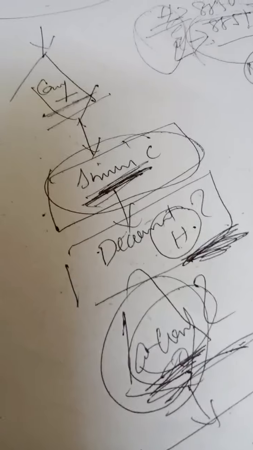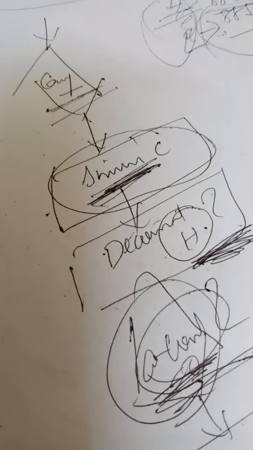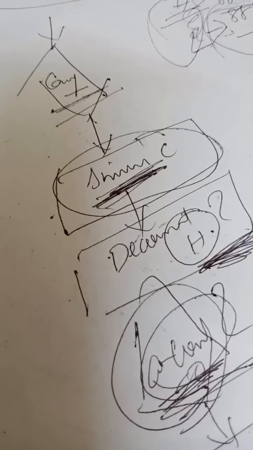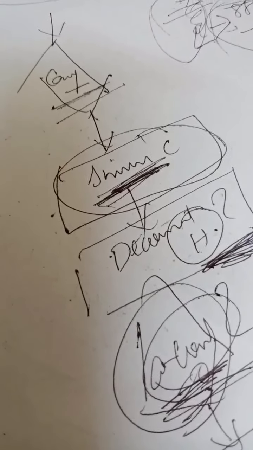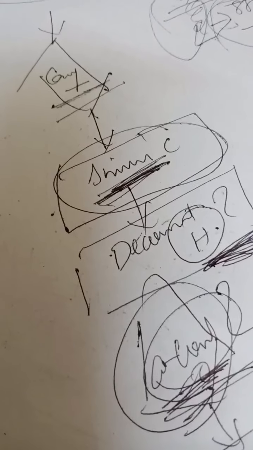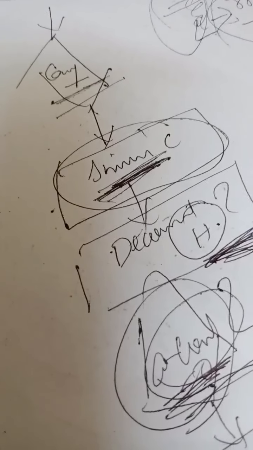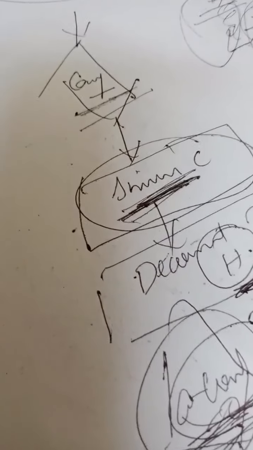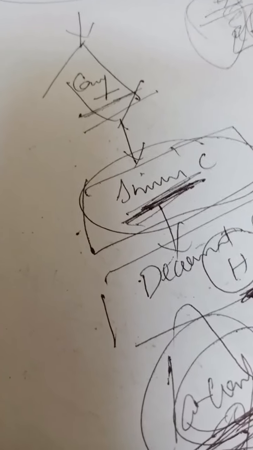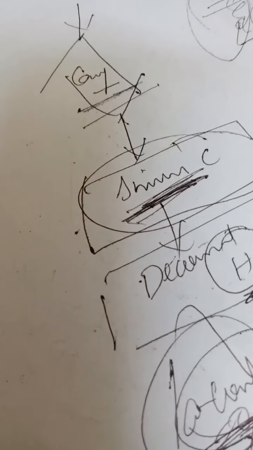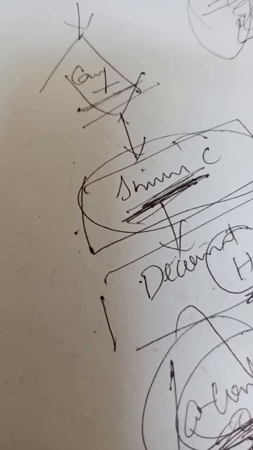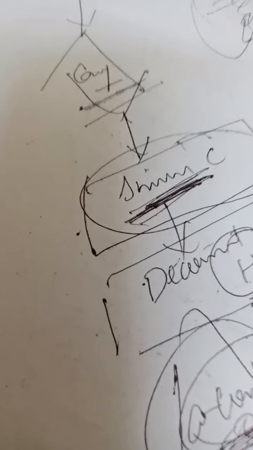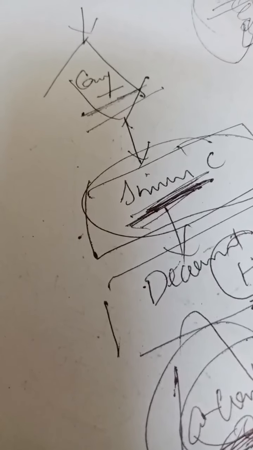So if there is no carry, what is happening? If there is no carry, it will directly decrement the count by 1, and it will check whether the count has become 0. Since count is not becoming 0, what is happening? You have to store the LSB number, then you have to get the count from the accumulator into the C register.